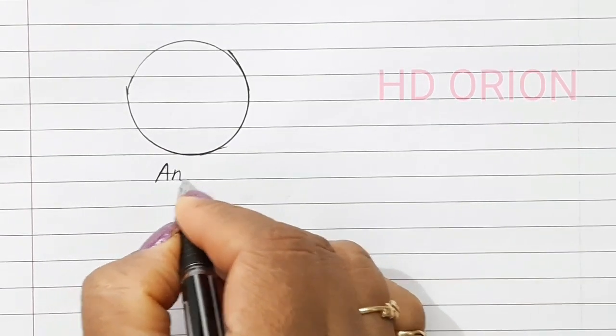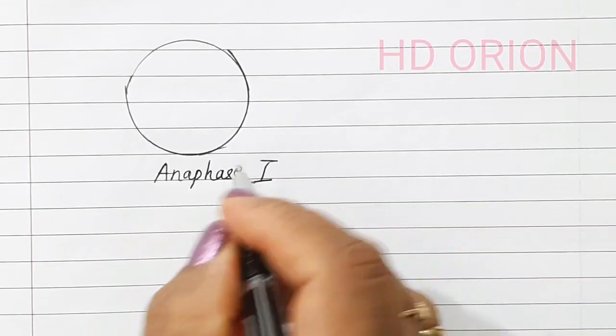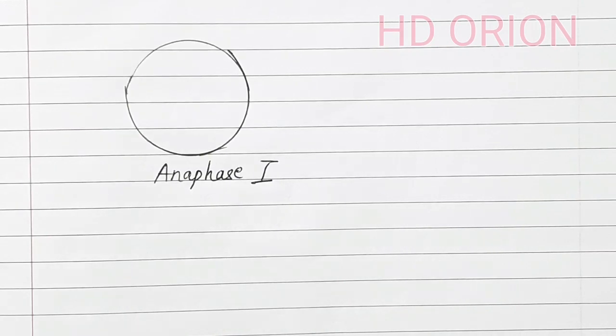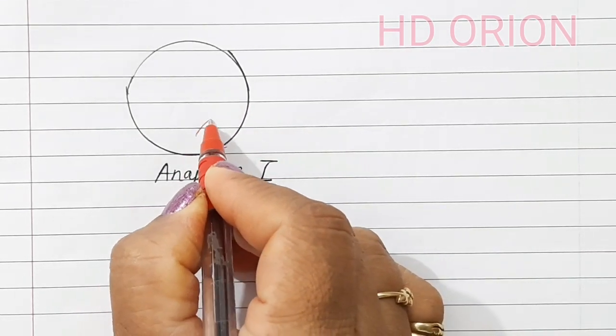This is the next stage, anaphase. This stage is quite important because it is here that the reduction of the chromosomes takes place. In mitosis we studied that the entire